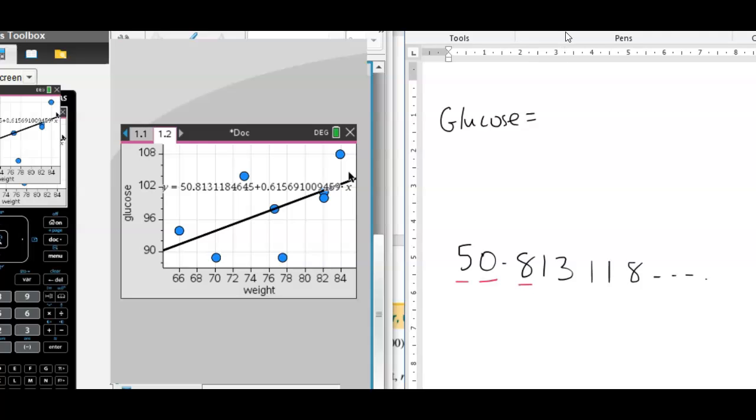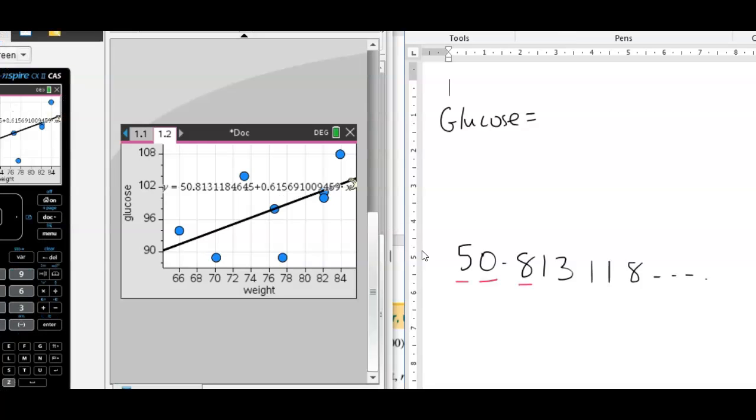Okay, so we always start with the non-zero. So 5 is a non-zero, and it's different if you've got zeros there, and I'll explain that because I can see the value of B is starting with 0. So we've got 50.8. Just be careful with rounding. So if you needed to do rounding there, you would have to do it. Plus, now your value of B, or your coefficient, is